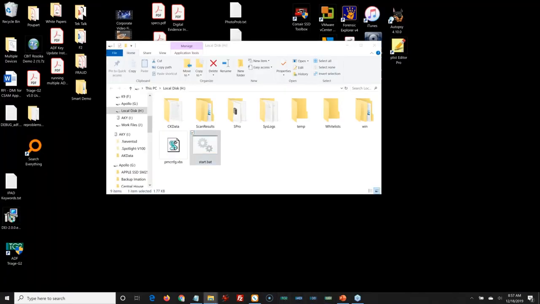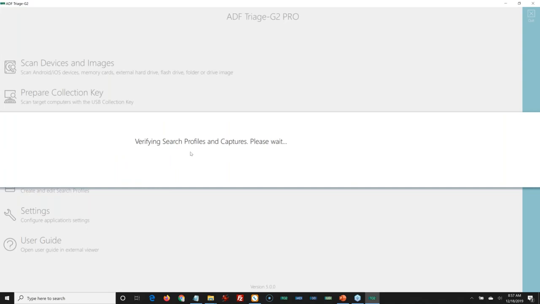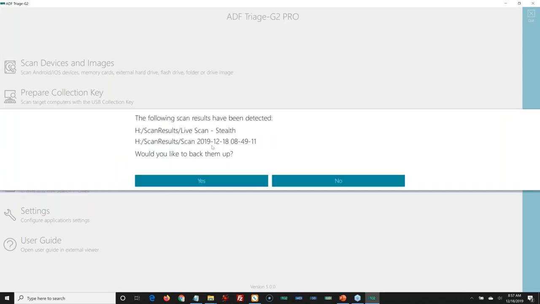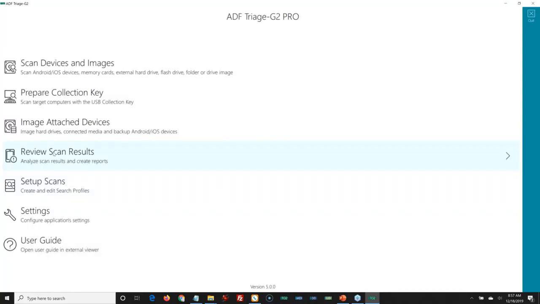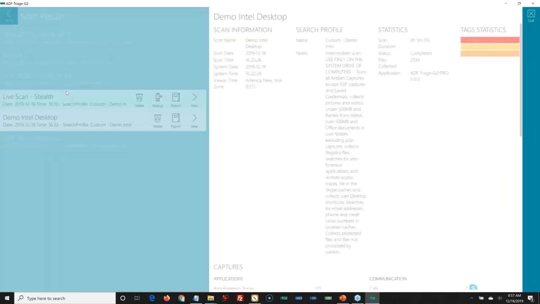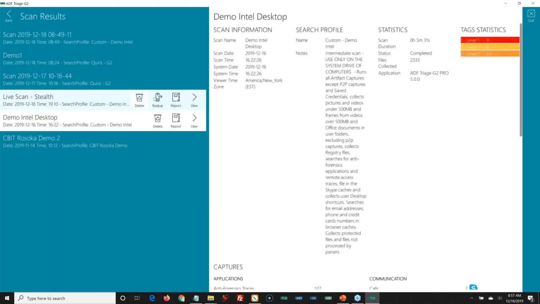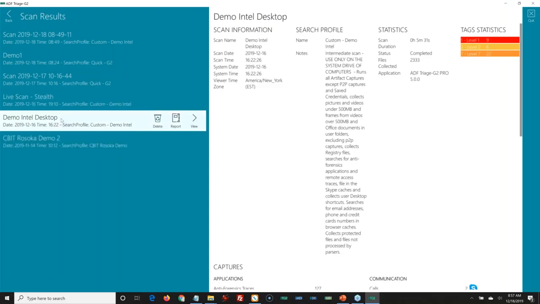I just have to open up the right tool. When you open up the desktop version and plug in your collection key, it will ask you if you want to back up the results that are on that key. Typically, you're going to say yes. You can say no if you don't want to back them up at this time and you want to go right into reviewing. You can review them from the key and then back them up when it's convenient for you. It will always nag you to back them up, and it also tells you here if they have not been backed up.